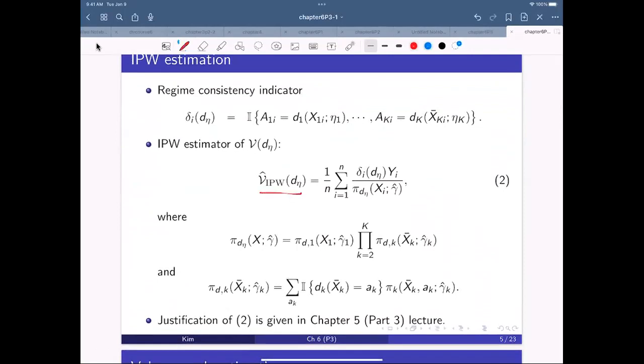The IPW estimator is a regime consistency indicator divided by its corresponding probability, and the corresponding probability is derived using the propensity score function for the A. So this is A_k equal to a_k, right? Given the history, given, let me see,